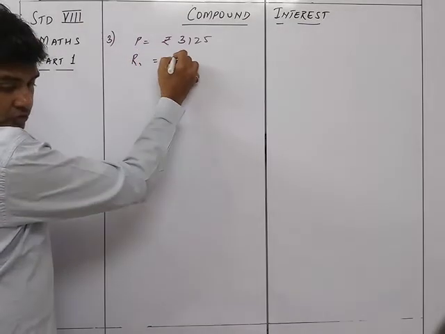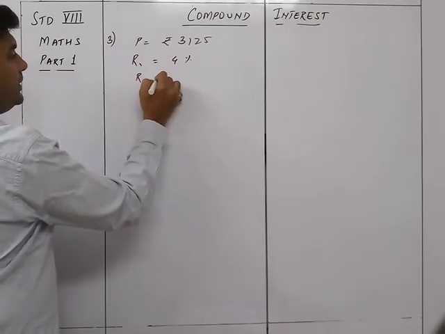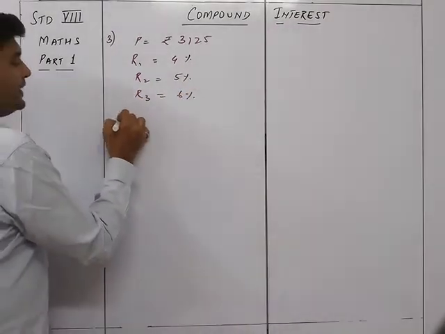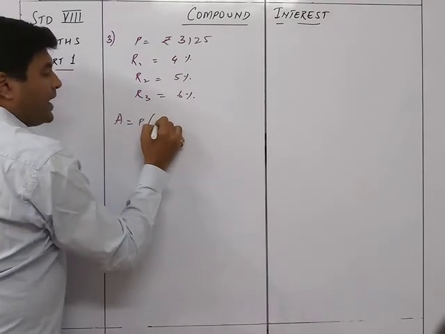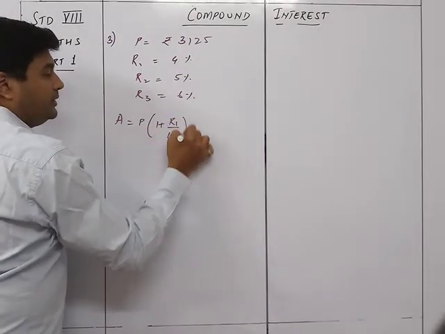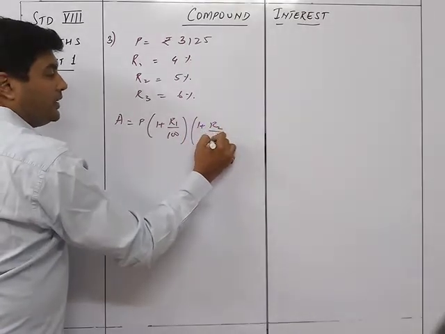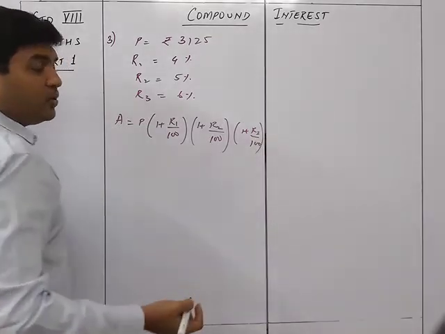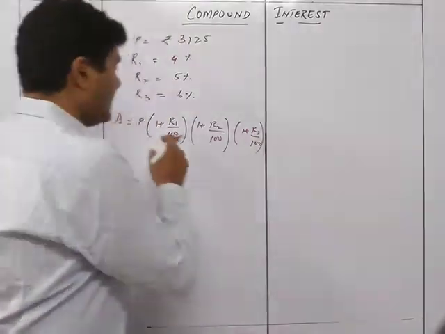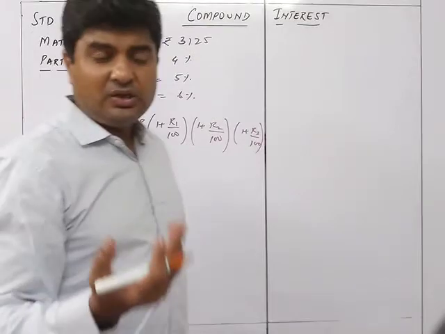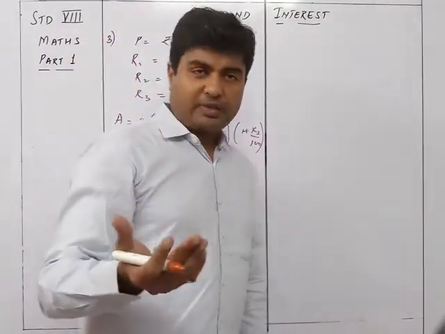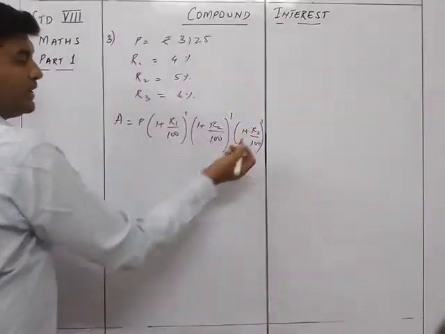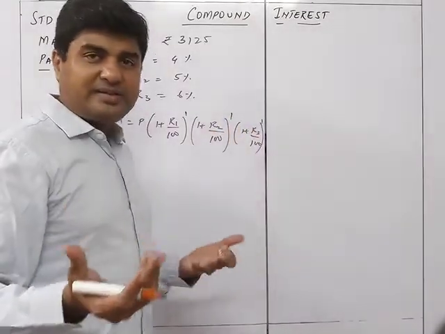R1 is equal to 4%, R2 is equal to 5%, R3 is equal to 6%. So we know that amount is equal to P into 1 plus R1 upon 100, 1 plus R2 upon 100 and 1 plus R3 upon 100. You can see you don't need to take the n as 3 years at all because it is 1 year, 2 years, 3 years. सीधा सीधा वहीं पे हो जाता है. So we don't need to write raised to something because for 1 year it is this much. तो raised to 1 करके कोई मतलब तो है नहीं because it's the same number.